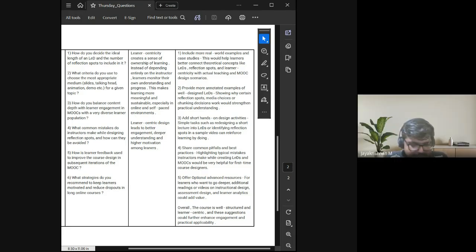We follow the standard NPTEL release schedule ourselves. The content is released every Friday, and the assignments are due every Wednesday. So it's not released on Wednesday. Every new week gets released on Friday, and you get 10 days to submit the assignments. Unlike regular courses, where there is a sequence of content and then one single assessment, over here there are three types of assessments based on the type of activities already available in the course. So you have a knowledge quiz,